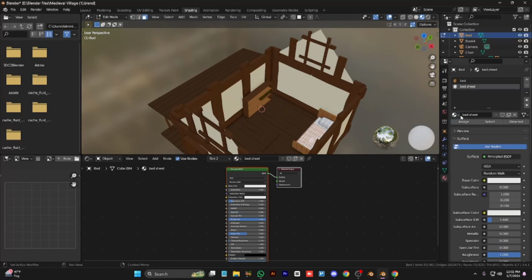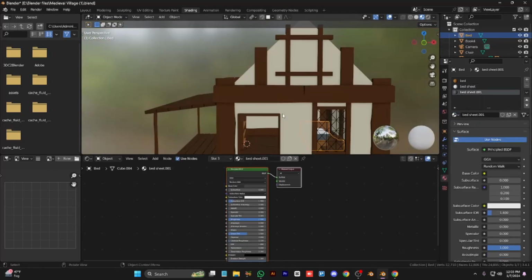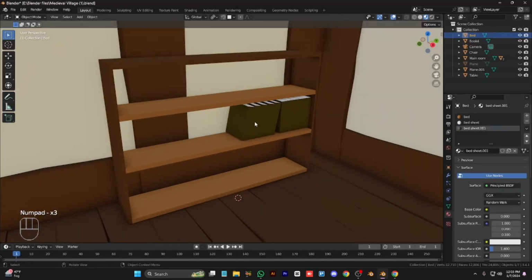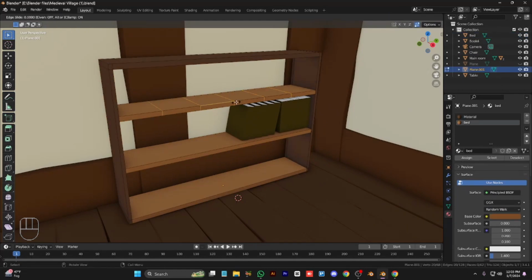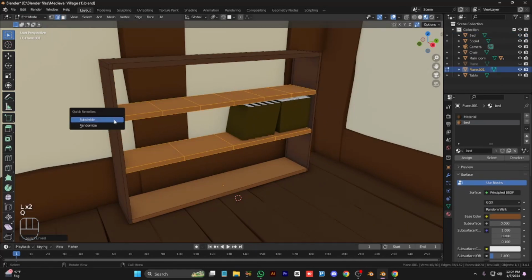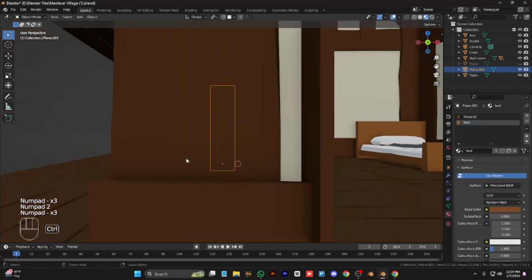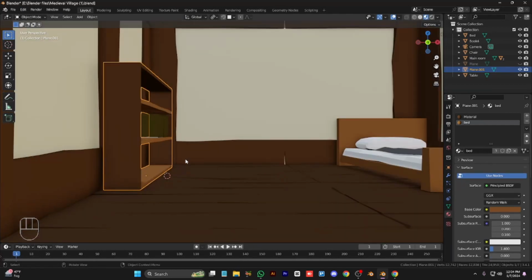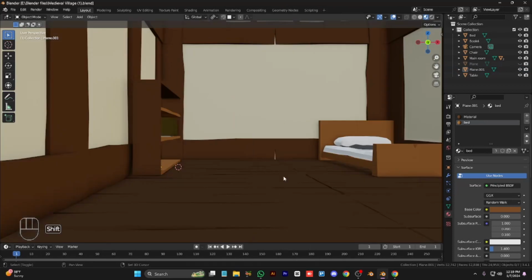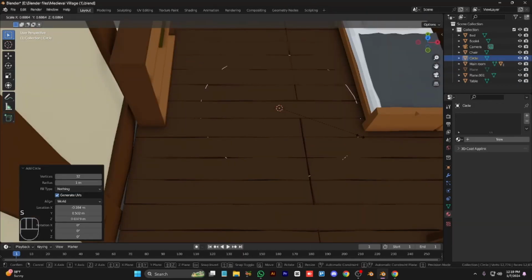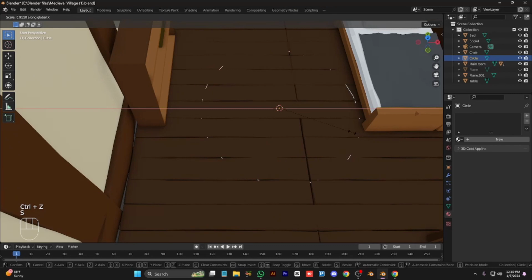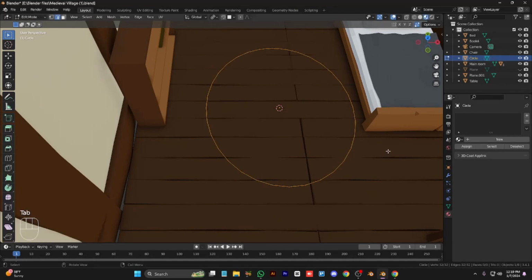Okay, we can add random color to it as well as we like. Okay, now the bed sheet color is dark. Okay, now we have simple looking books and some distortion to the planks of the shelves. Okay, then we have to add a cube and make a cabinet, but first we can add a carpet by